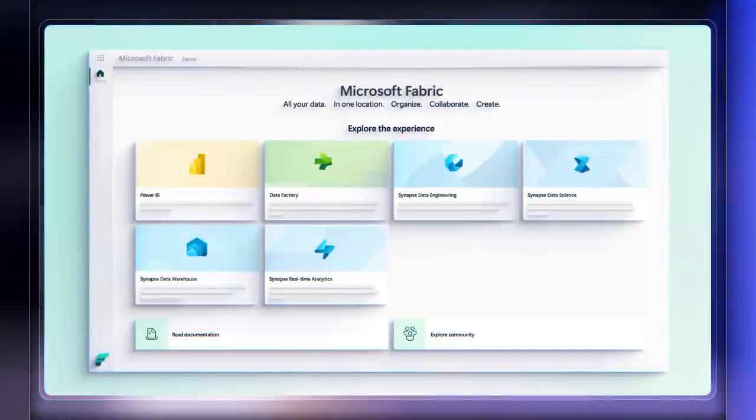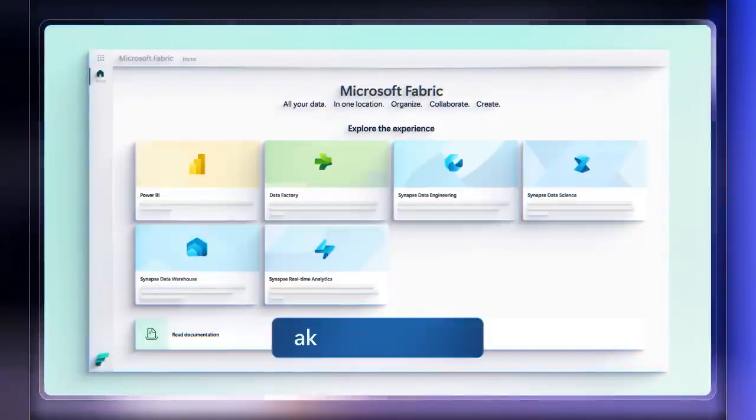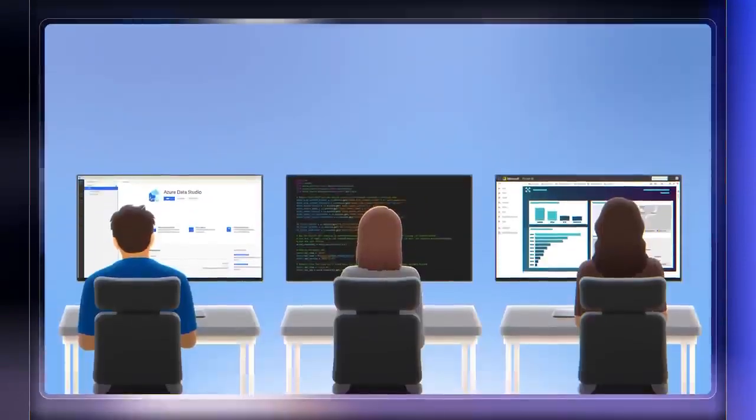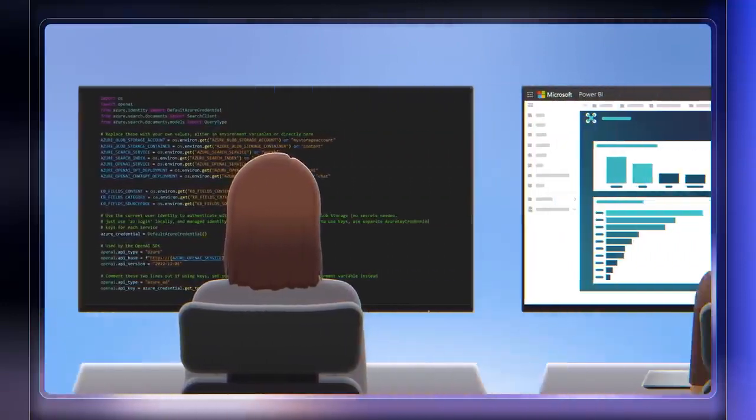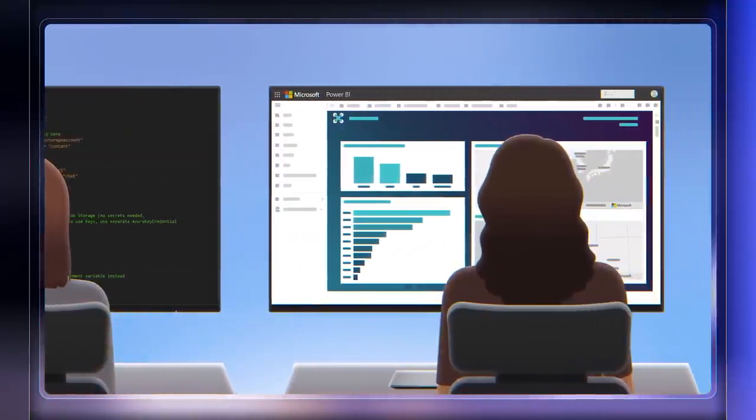So for everyone who's watching right now, especially given all the options, what do you recommend that they do to get started? First, sign up for the preview and start rolling up your sleeves and using Microsoft Fabric. All you need is a Microsoft account to start your free trial at aka.ms/tryfabric. And start where you're comfortable, based on how you normally work with your data, whether you're a business user, analyst, data engineer, or data scientist. And of course, let us know what you think.